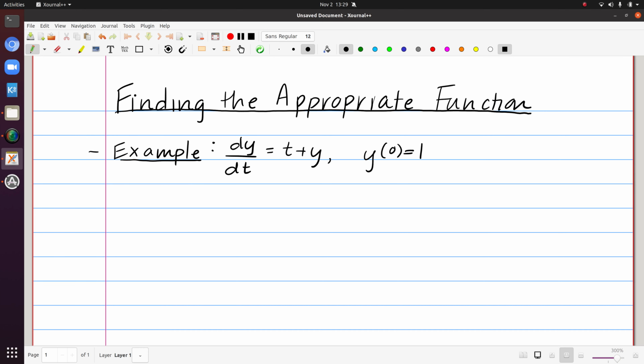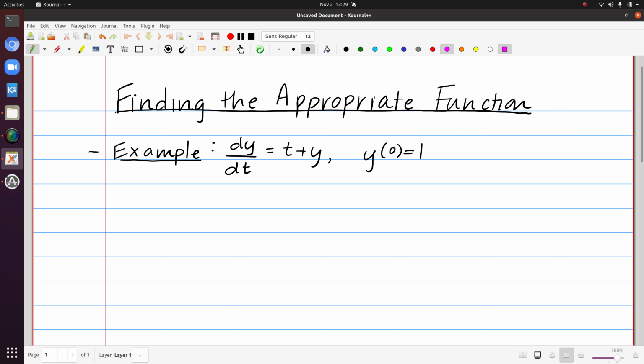Let's look at another example and notice that the one I've written here is not separable. So we would not be able to use separation of variables to solve this, but we'll see that our new technique of assuming that our solution can be expressed as a power series will still work on this. So if I assume that my solution is a power series or has a power series representation centered at 0,